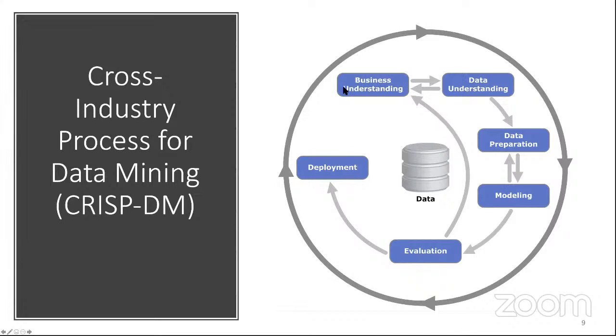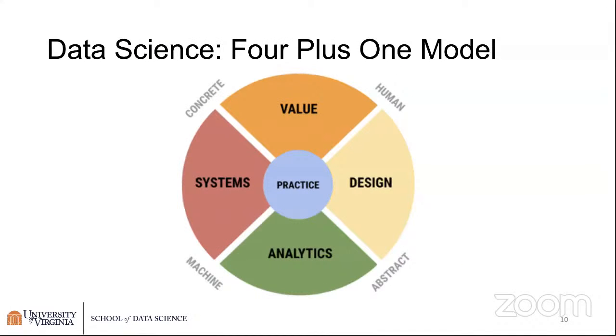So in fact, you could bring the data understanding and business understanding, you could look at this as one area. You could look at data understanding and deployment, you could fold them back on each other. Data preparation as well. Bottom line is that we came up with a different way to think about it that we think really captures more about what data science is about. And we call this the 4+1 model.